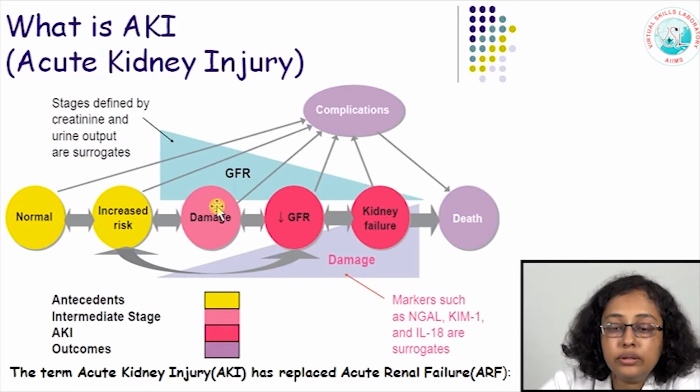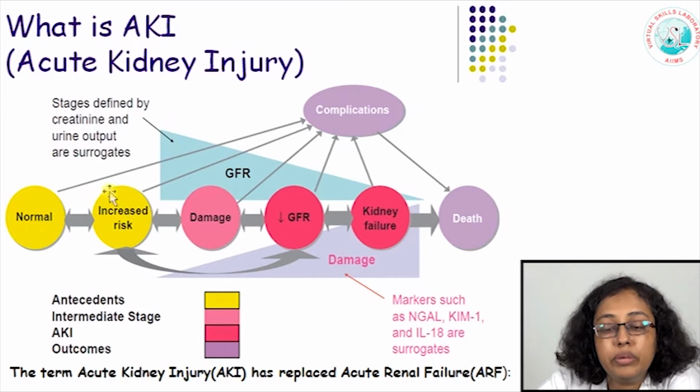So that is why the need for a newer definition of acute renal failure was warranted. And we need to understand the concept: when we say failure, it is quite an advanced disease, but acute injury to the kidneys is a wider spectrum. It starts from a normal kidney, which is at an increased risk of damage, acute damage, because of many factors,